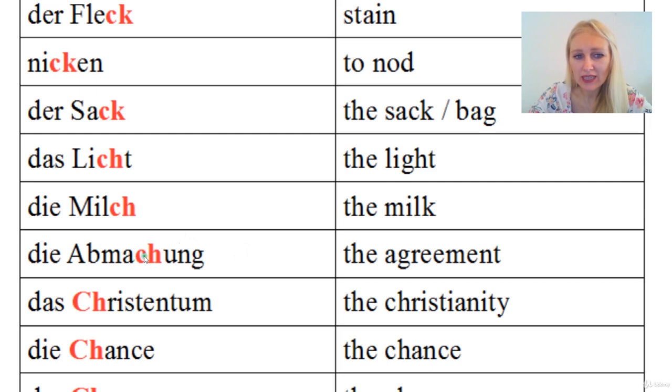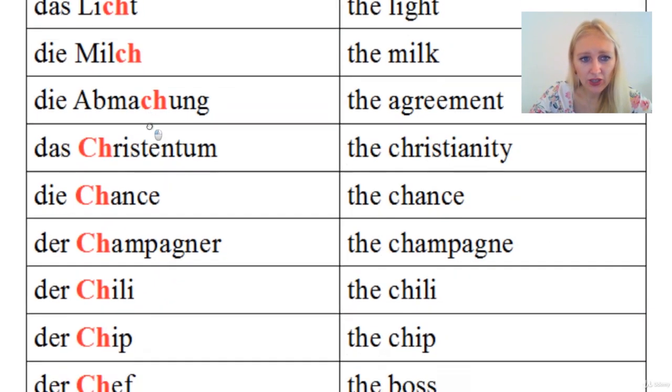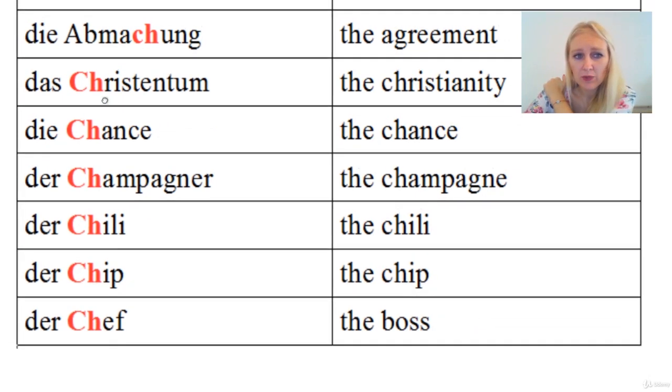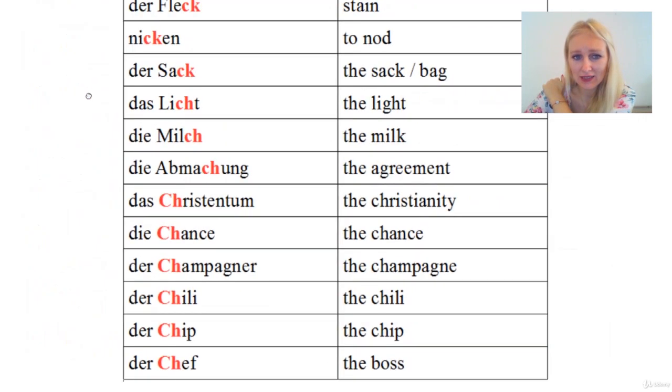If there was no C in this case, for example, we would pronounce it as Abmahung. You would not even hear the H if there was a vowel before or after it without the C. It would just stretch the vowel. So here we put the C so that you can actually hear the H. Abmachung. Okay. Then we have CH, which we pronounce in different ways. It also depends on the origin of the word. So here, for example, we have das Christentum, so we would pronounce it like a K in this case, Christentum, okay?